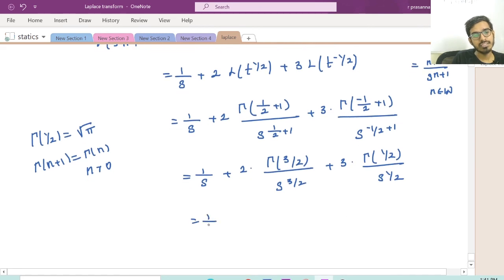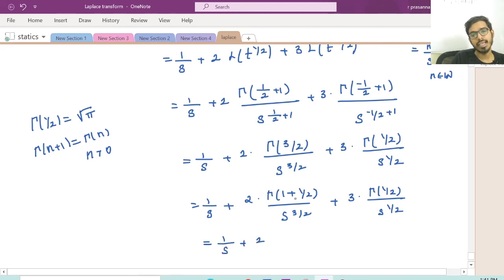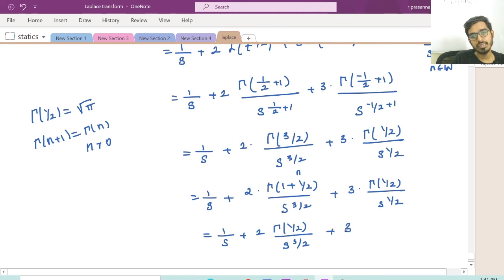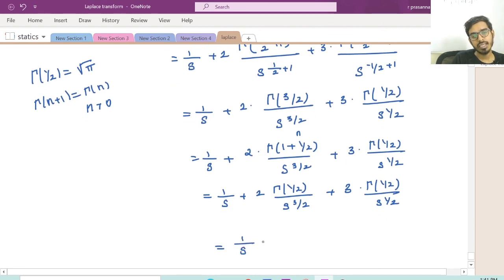Therefore what I'm going to do is write this as 1 by s plus 2 times gamma of 1 plus 1 by 2 divided by s power 3 by 2, plus 3 times, let's keep this gamma of 1 by 2 as it is, divided by s power 1 by 2. So therefore this will be 1 by s plus 2 times gamma of n plus 1, right? Gamma of n plus 1 is the same as n times gamma of n if n is greater than 0. So this is n times gamma of n by s power 3 by 2, plus 3 times gamma of 1 by 2 by s power 1 by 2, which will be 1 by s plus 2 times root pi by 2 divided by s power 3 by 2, plus 3 times root pi divided by s power 1 by 2, right? So this is the required